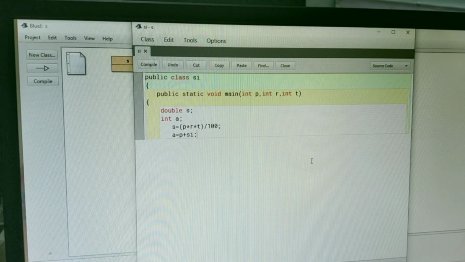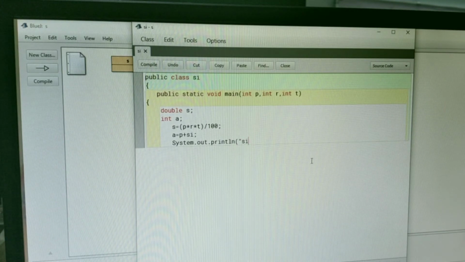Clear? Then how can we print the simple interest and amount? By using the output statement. Write System dot out dot println. I'm using println here because we are printing two statements, and ln puts each output on a different line.